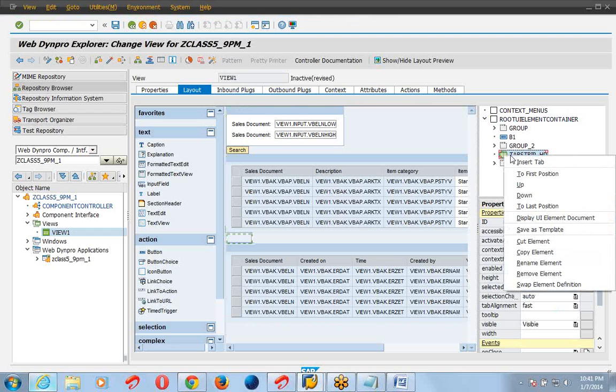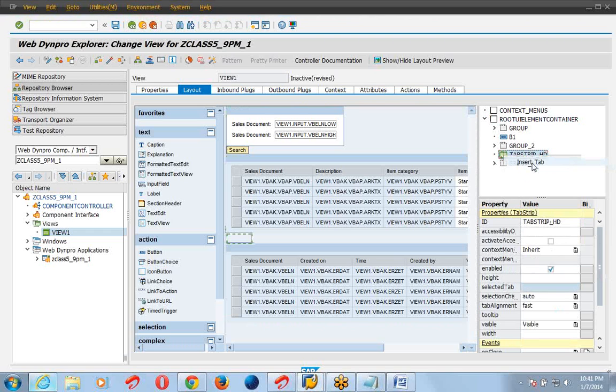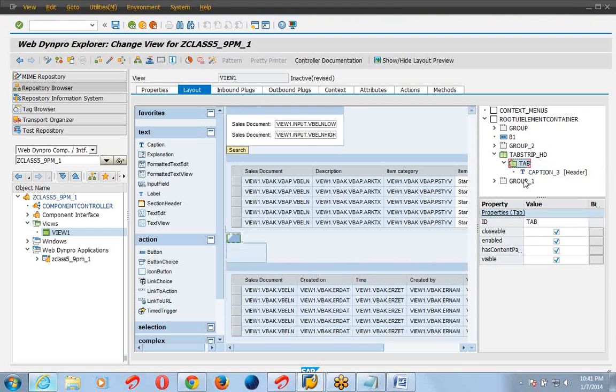Right click on tab strip, insert tab, then give the name of tab.